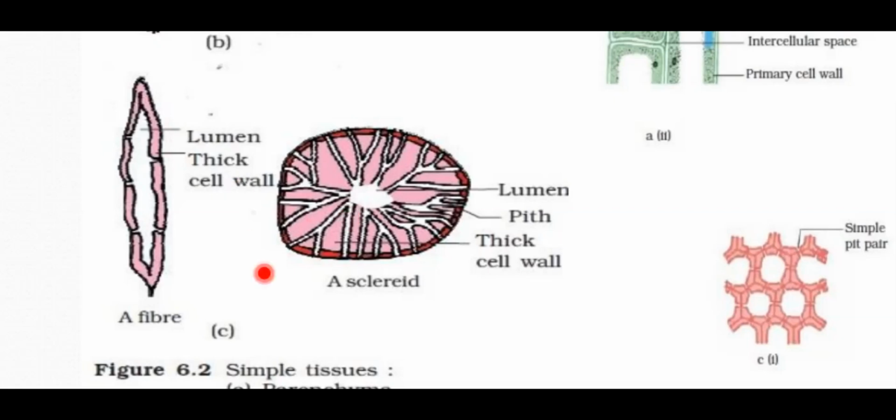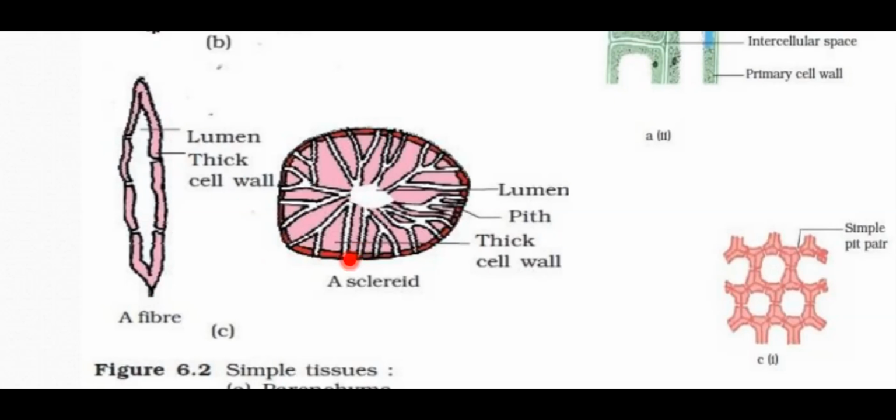So what is fiber? You can see here, fibers are thick walled elongated structures, pointed cells. Generally they will be occurring in form of clusters, okay, in various plant regions. Similarly, we have sclereids, which are spherical in nature, oval or cylindrical. They also have thickened dead cells. Okay, and they have very narrow lumen. Cavities are very narrow in case of sclereids.